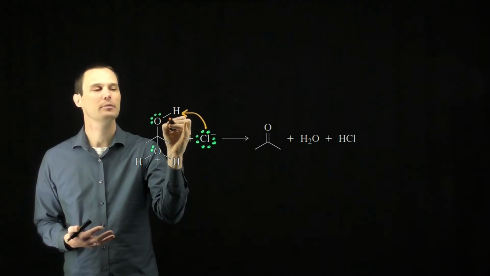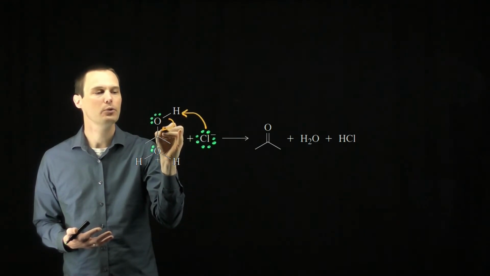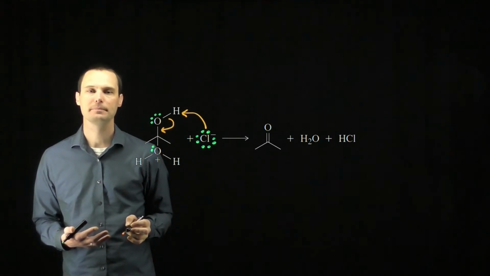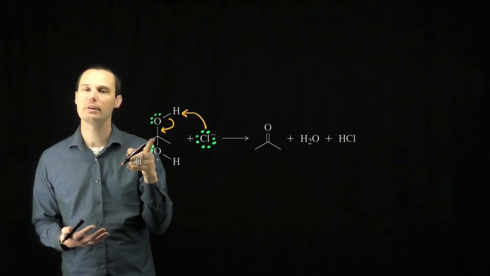To fix that, I'm going to need to break the oxygen-hydrogen bond. And I'm going to use these electrons to form the new oxygen-carbon pi bond. That forms the pi bond, breaks the OH bond, but it builds up too much electron density around the central